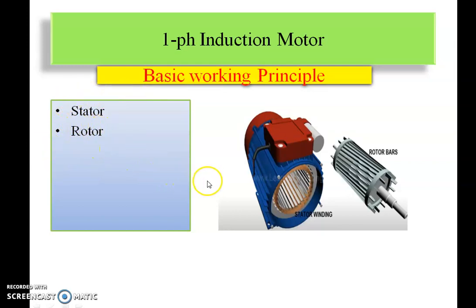As we know, the stator of the induction motor is the total outer body, which is made of cast iron. In this structure, we put the stator winding in the stator slots. There are different stator slots with laminated structures, in which we place the stator winding. Then, inside the stator core, we insert the rotor circuit, simply called the rotor or rotor winding.